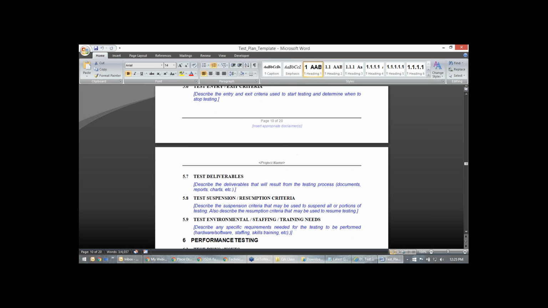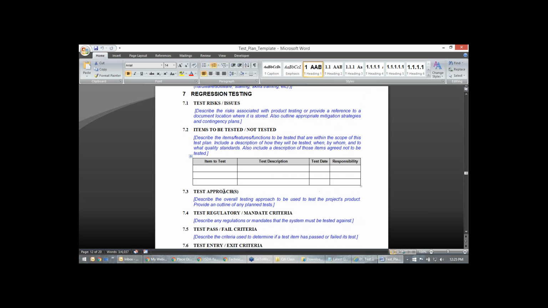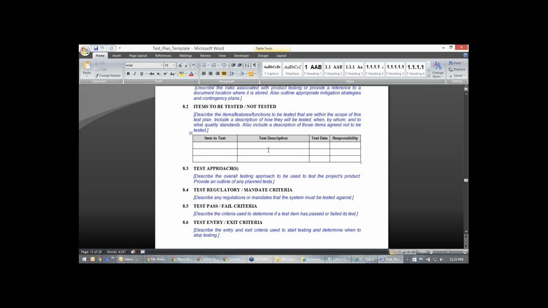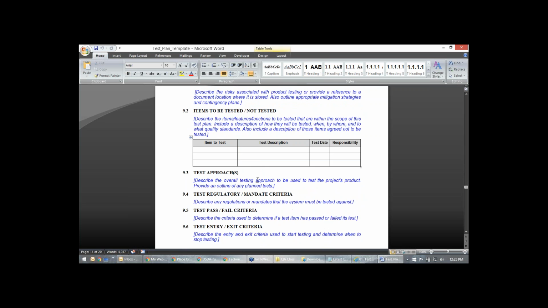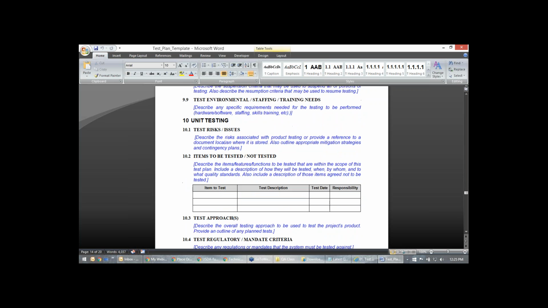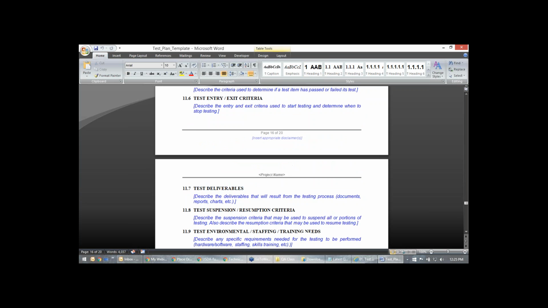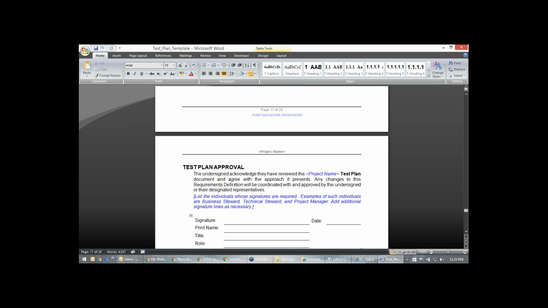Load testing we are not worried about, so leave it. Performance testing is just fine. Regression testing, you can add some of this in regression testing too. Stress testing, forget it. System testing, if you know what you have to add, you can add it. Unit testing, it's not our job, it's the developer's. User acceptance testing, don't worry. So fill in this information, it's simple. Just make sure of what you are trying to do.